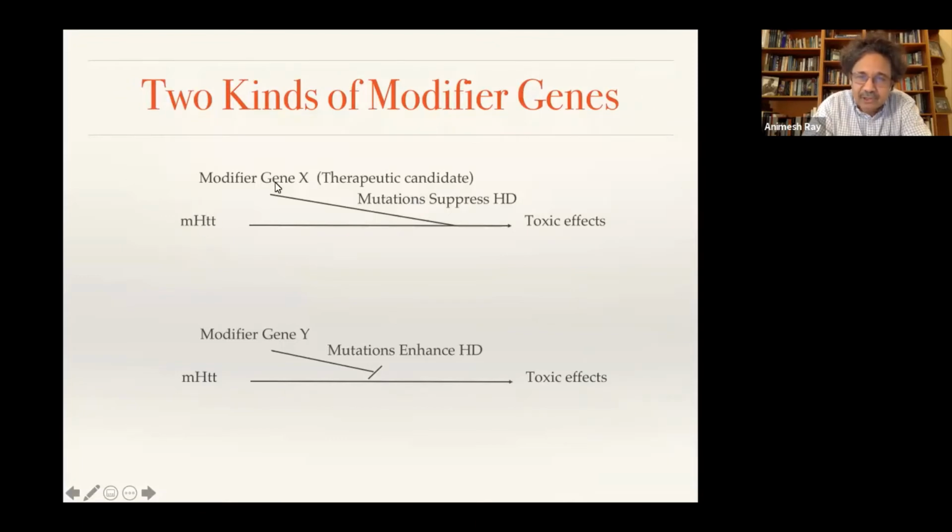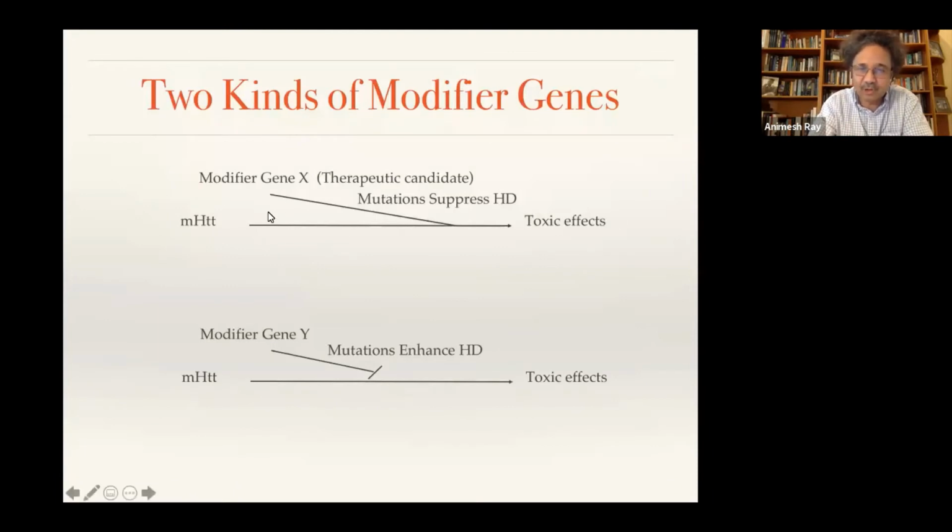It's very nice to have such genes because these may be therapeutic candidates, because it's far easier to knock out the function of a protein with a small molecule, small chemical, than to increase the function. So gene mutations are generally loss of function types of changes in a protein. If a mutation knocks out the toxic effect of the mutant protein, then so can you by finding a chemical that knocks out the function of